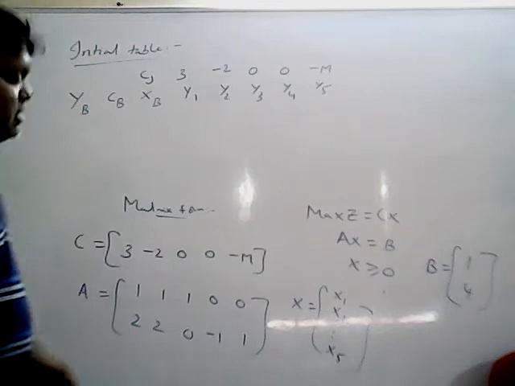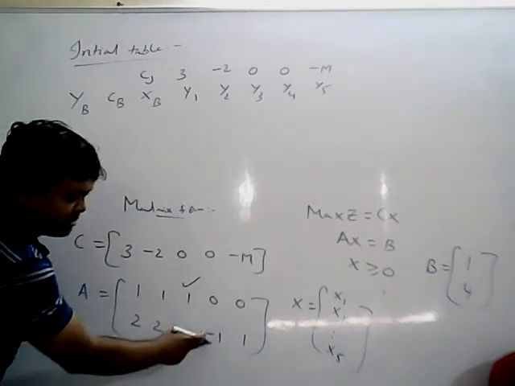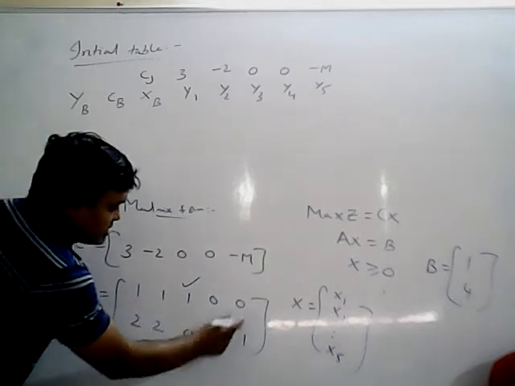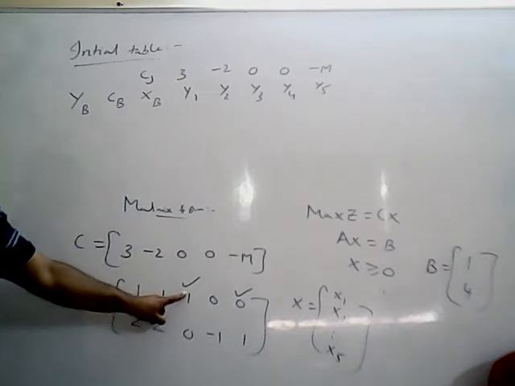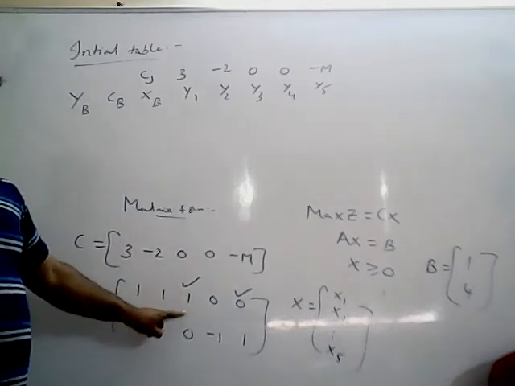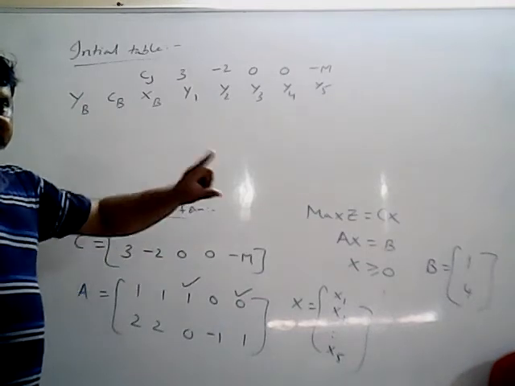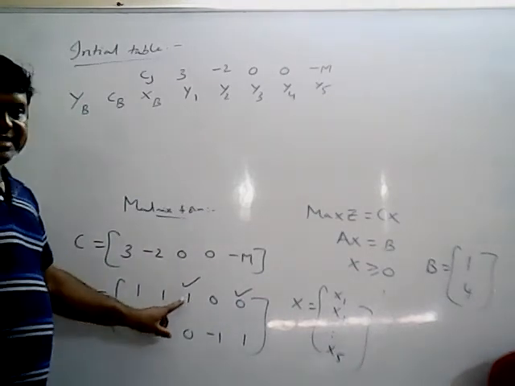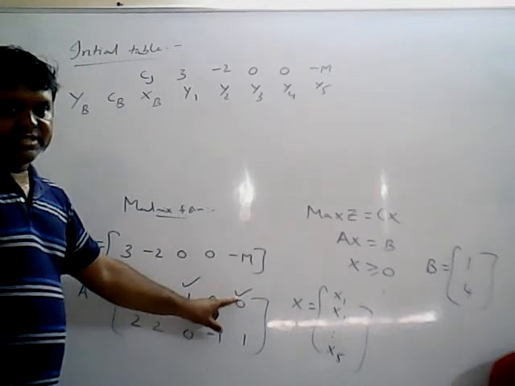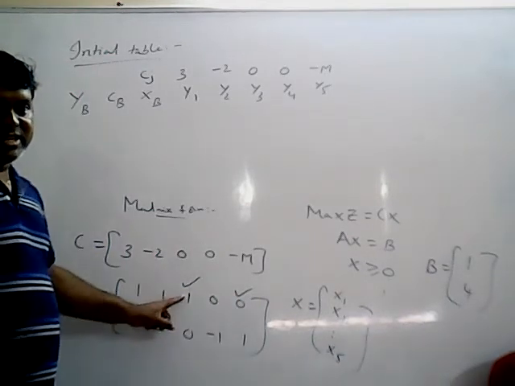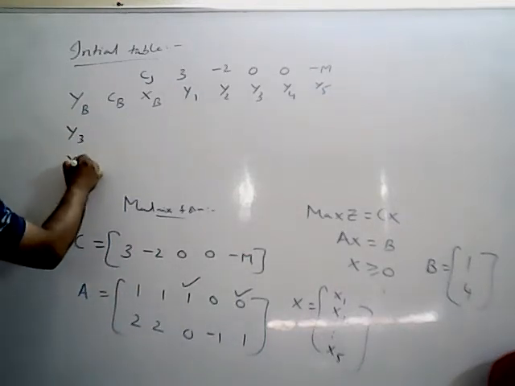What is the 2 by 2 unit matrix? 1, 0, 0, 1. First identify 1, 0. Where is 1, 0? This is 1, 0. This is 0, minus 1. This is not required. 0, 1 is required. 0, 1 is this one. Now, this is x1, this is x2, x3. In order, you have to enter 1, 0 first, after that 0, 1. So 1, 0 means x3, which is y3. This is y5. So which variables enter? y3, y5.